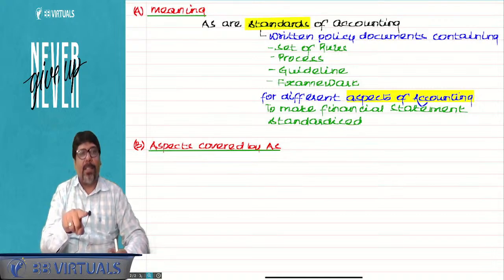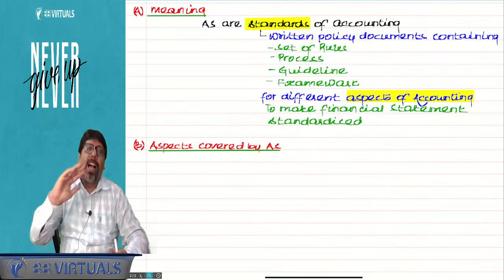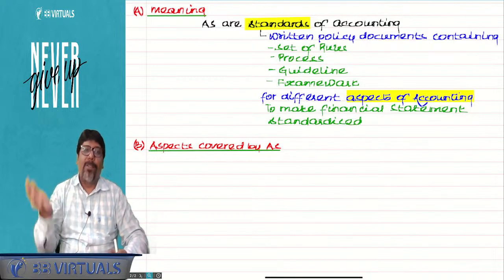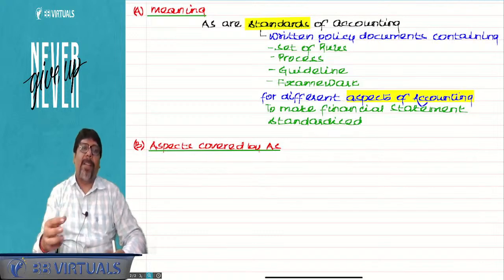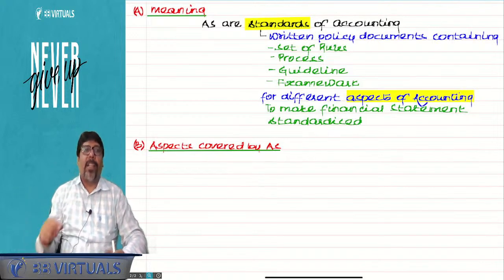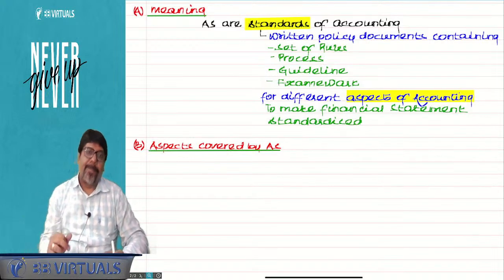What is the objective of the standard? What is the definition of depreciation? What is not depreciation? How to record depreciation? How to measure depreciation? How to show depreciation? And write a note on depreciation. Am I clear? If I say there's an issue of foreign exchange accounting, then what is the scope of this? What is the objective of this standard?